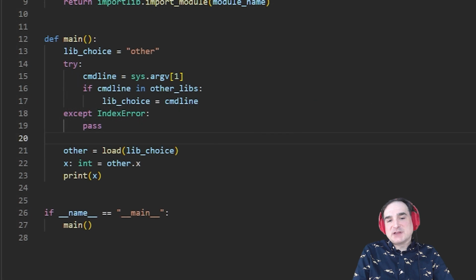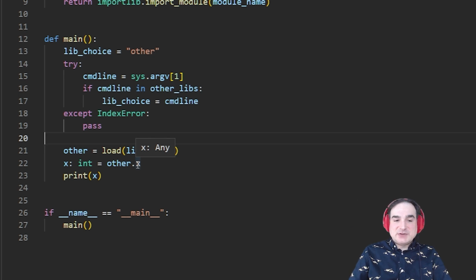Now, I should also point out that one of the big downsides to a dynamic module import is that it makes type hinting a little bit more complicated. Because the import mechanisms are dynamic, anything from a dynamically imported module isn't going to have its type information preserved because the system has no way of knowing what's being imported, and so that information cannot be passed along.